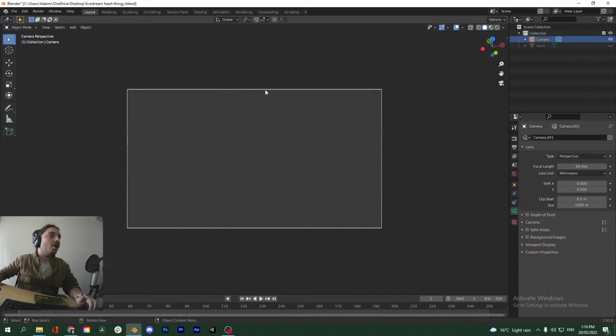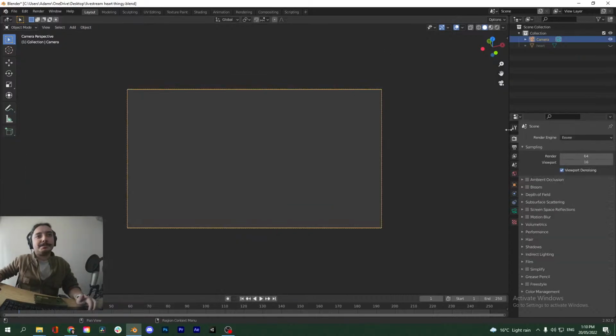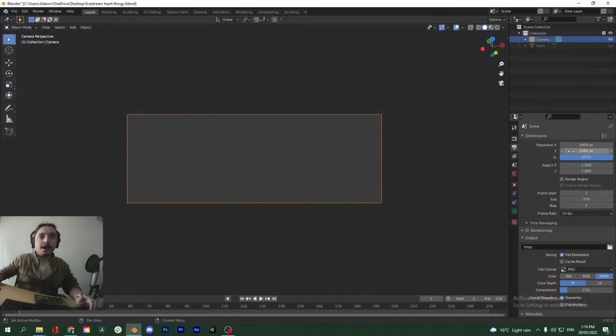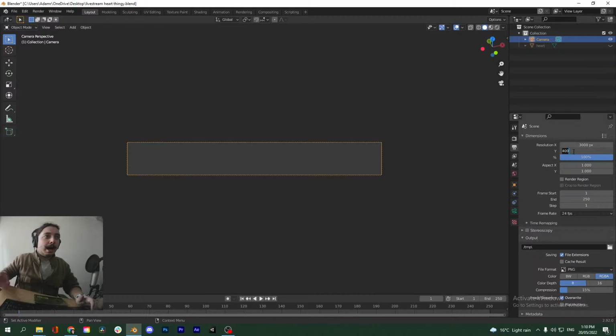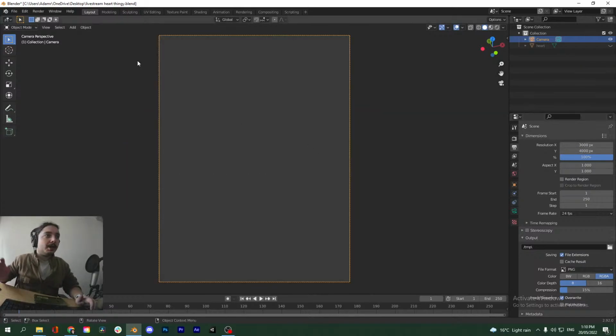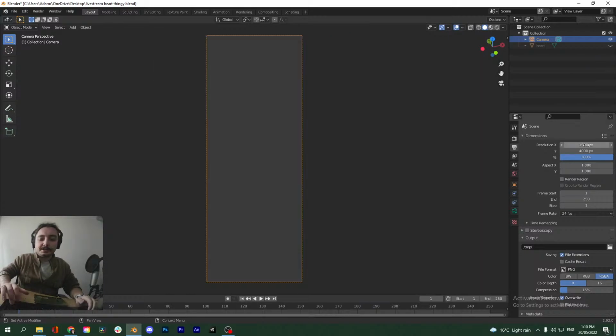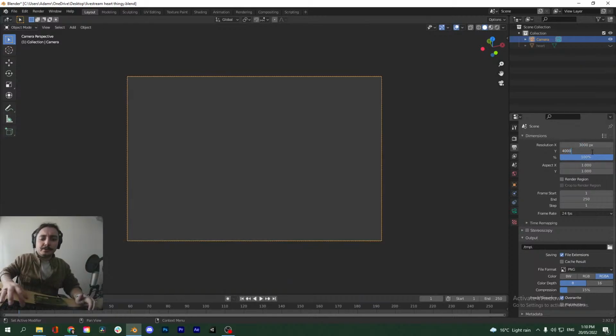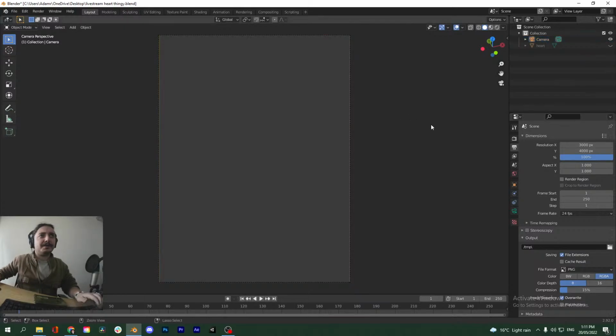So we want our camera to have the exact same aspect dimensions as the original photo. So let's say 3000 by 4000. Oh, wait, 4000. So now you can see we have a vertical setup for the camera. By the way, you could halve this, divide by 2, and keep it in the same ratio if you don't want to go so big. But you know what, I'm going to keep it at the original aspect just for safety, and because why not?